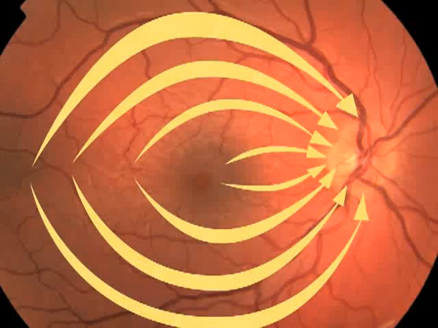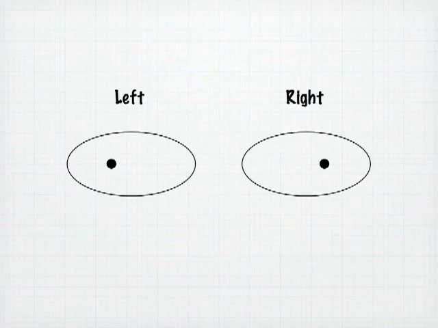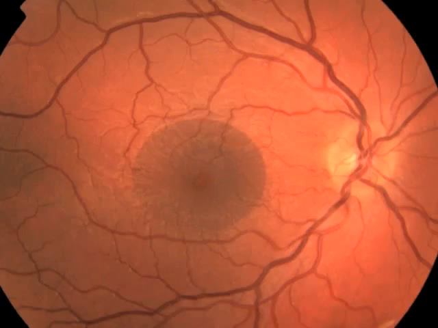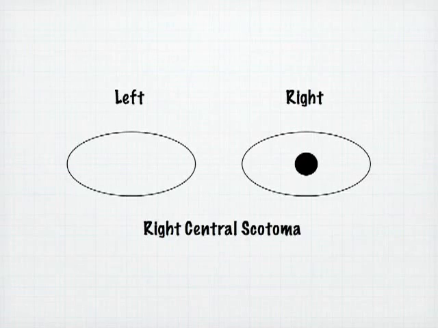We all have a small blind spot or scotoma corresponding to the optic disc which lacks photoreceptors. This physiological scotoma is slightly to the side or temporal to the centre of our vision. Damage to the macular area of retina causes loss of central vision or central scotoma, seen most commonly in age-related